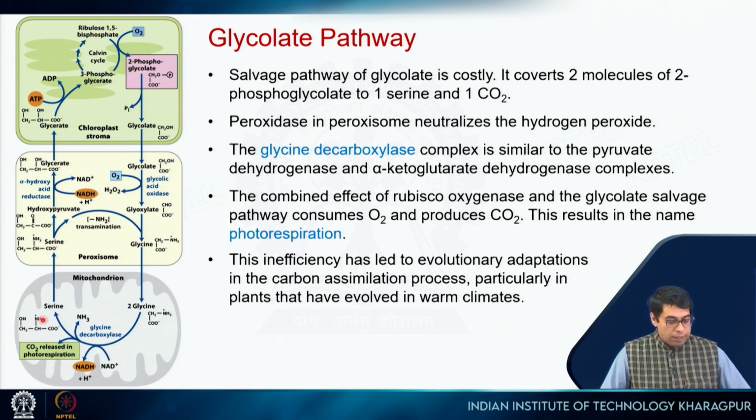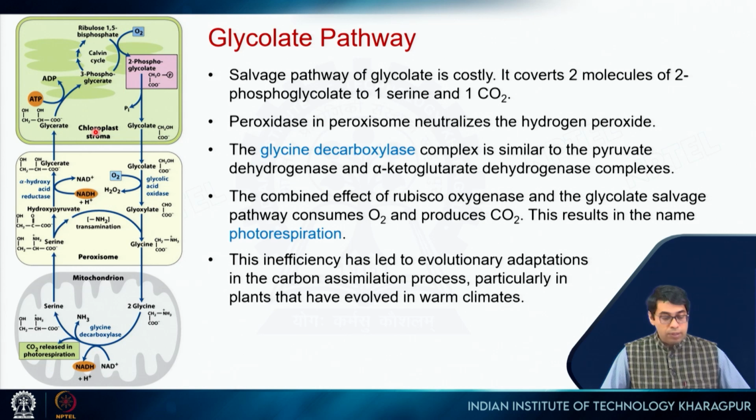Okay. Now, the serine molecule is passed back to the peroxisome where the amine group is taken off. So, deamination happens, right. So, this amine goes from here to the glycine and it forms hydroxypyruvate. Okay. And this hydroxypyruvate is now reduced to glycerate by this enzyme alpha hydroxy acid reductase. So, it uses NADH as the reducing agent which gets converted to NAD plus, and this glycerate goes in to